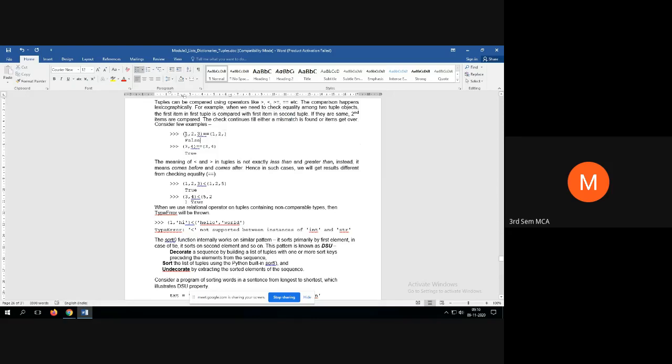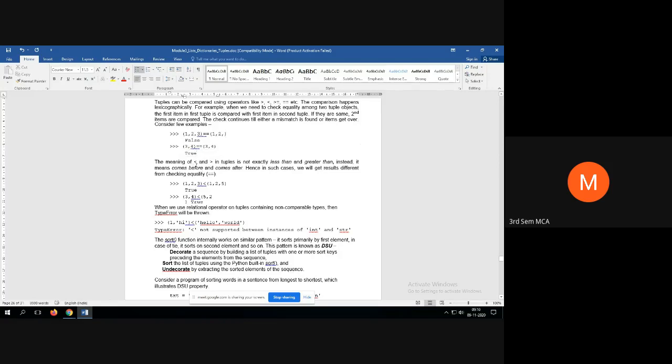Just look at the syntax of how to apply the comparison operator. 3, 4 is equal to 3, 4: true. So directly you can compare without using any if statement. That means we can use comparison operators without the help of an if condition, and this is the syntax.